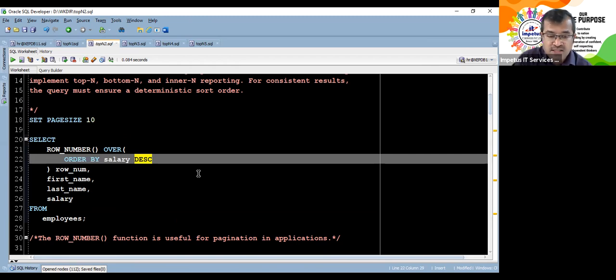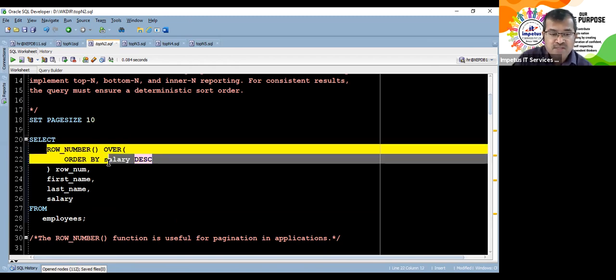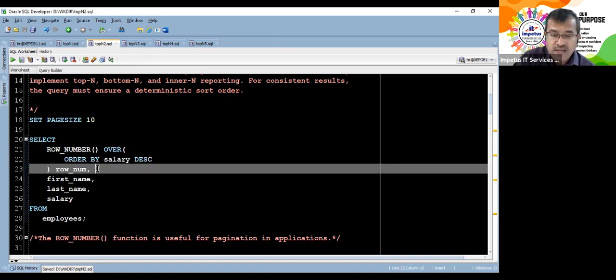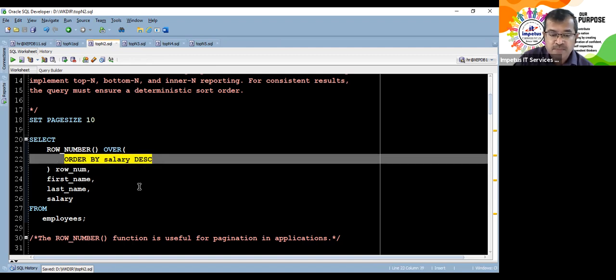So you could have gone smallest to largest too. But new row numbers have got assigned. These are not the row numbers which indicate the physical location of that particular record inside the table. No, it is the query that has been fired, the position of the record in the result of the query. That's how you can take the position of the record in the query result, and you are controlling the order in which it has to be displayed.